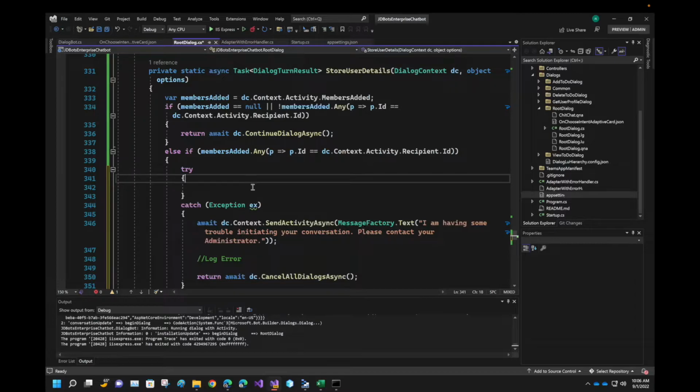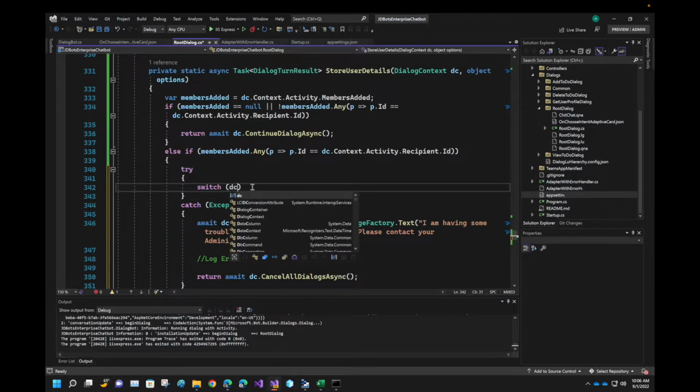In the meantime, let us come up here and first things first. The conversation can have many different types, basically three types: one is personal, one is group, and one is channel. We're only interested in personal chat as of now. Personal is basically a one-to-one chat from the user with the bot, and that property we'll get up here. So dc dot